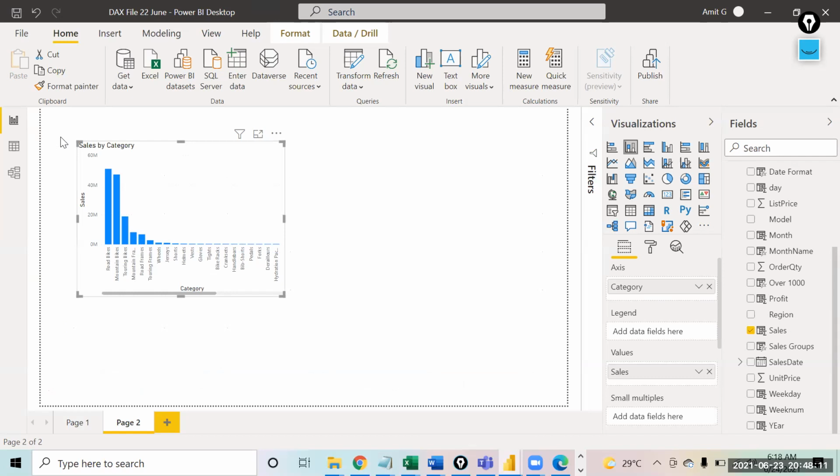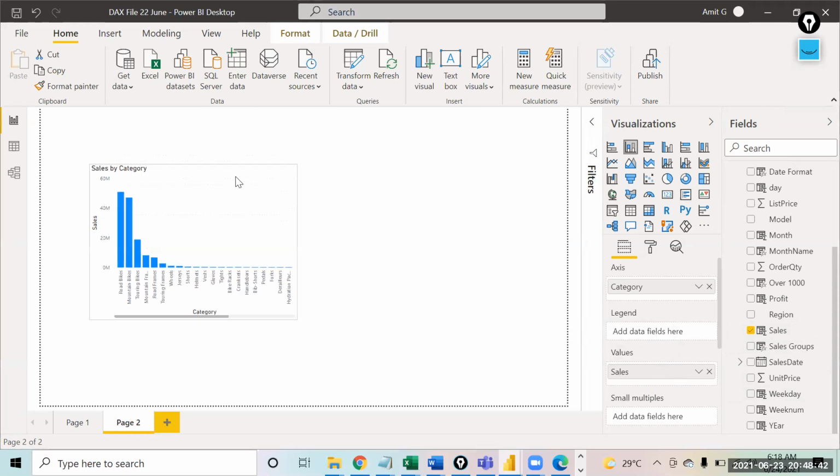So that is exactly what a measure is. A measure is when you are adding up the numbers. When you say you want to find the sum of sales, or the average of sales, or the minimum of sales, that calculation that we do is actually called a measure. So when you drag a field like sales over here, the calculation happens right away on that chart. Basically, it calculates the sum of sales for you.